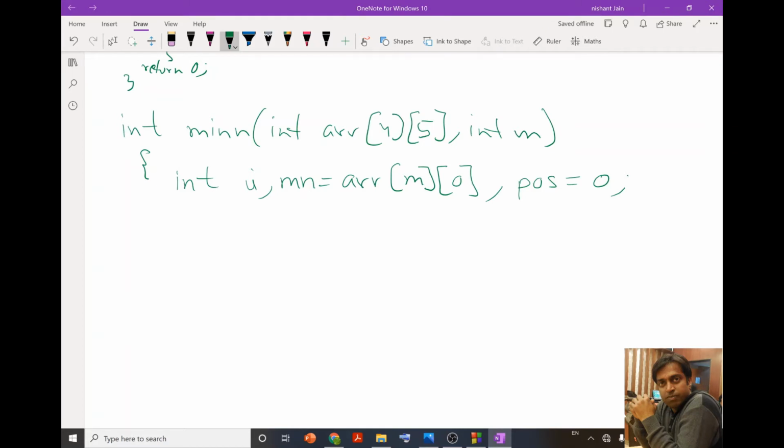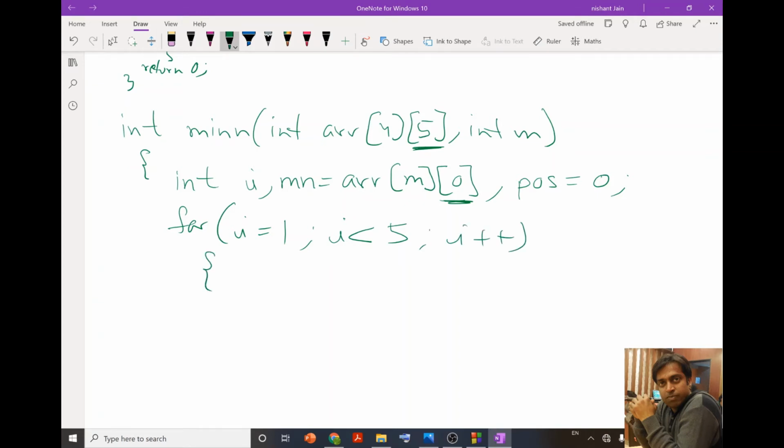Then I will start a loop that will iterate from 1, because we have already taken the first element, so we will start from the second element. It will start from 1 and iterate till the last element. Total there are 5 elements, so I will iterate till 4, meaning for the value of i equal to 1, 2, 3 and 4, and then i plus plus.